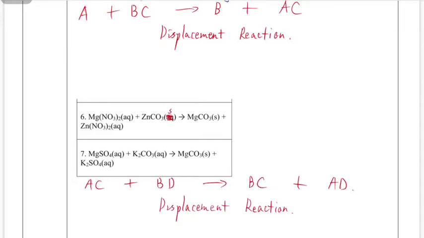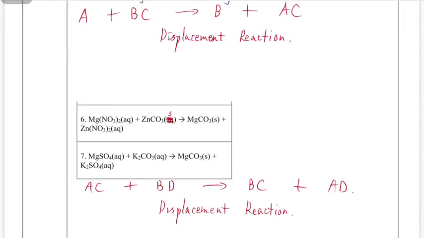But unlike the previous one, they only exchanged one thing, right? So the BC just gives out the B and gets NA. So the exchange only happened once. So we call the first type single displacement reaction, or sometimes we don't mention the single, we just call it